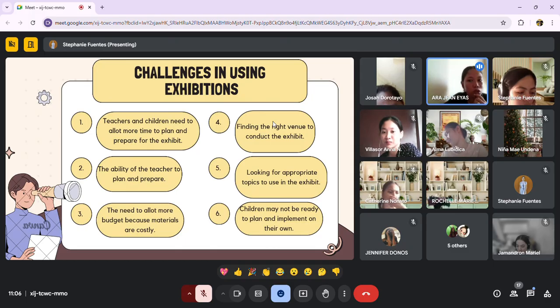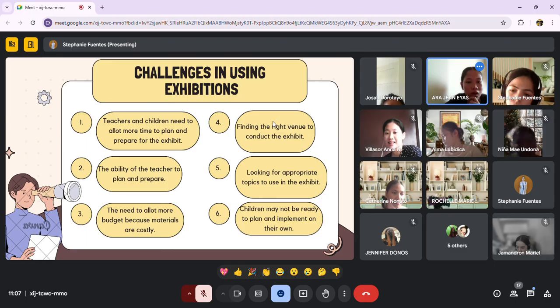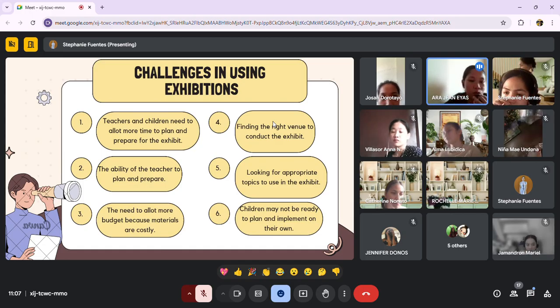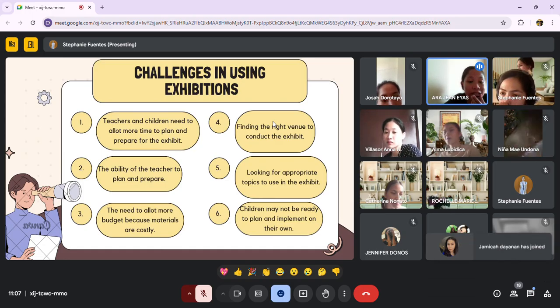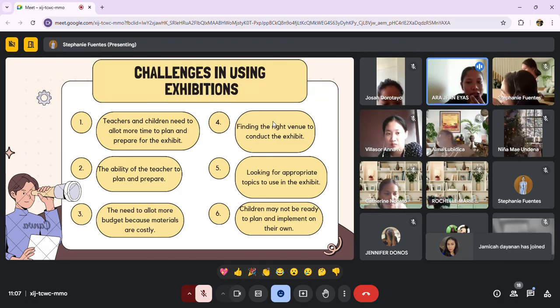So the venue should be well lit, accessible, and arranged in a way that it allows visitors to interact with the display. So schools that lack dedicated exhibition spaces or have limited physical resources may struggle with setting up an engaging environment for the said event or for the exhibition.